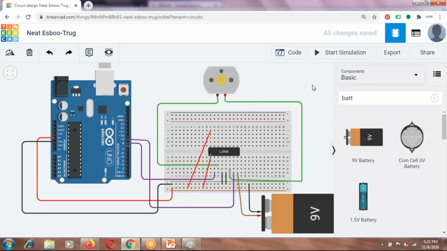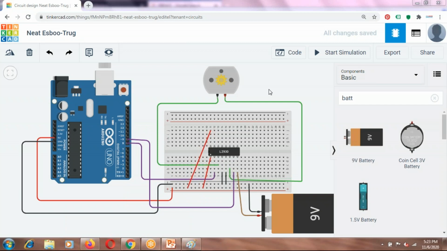So is that clear, Harsh? Harsh Jha? Yeah. So is everyone clear about this? This means everyone understood the working of the L293D and how it has to be interfaced to your Arduino. Just type a yes if everyone has understood. If you have any problem, you can ask me. Okay, great, it seems everyone has understood.